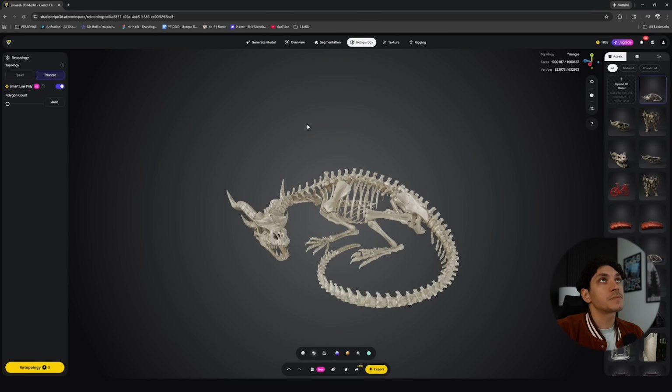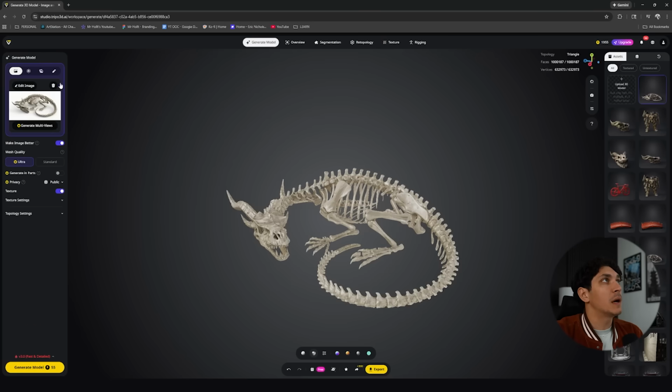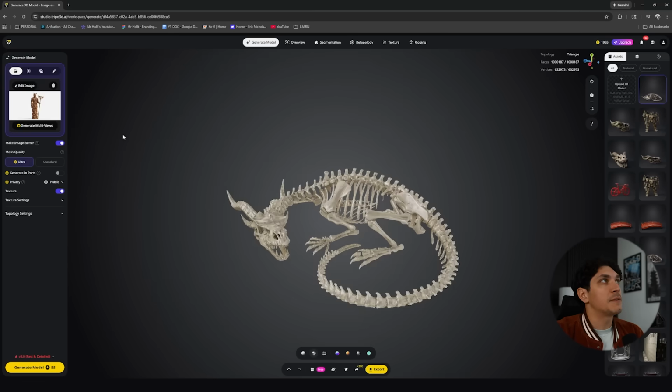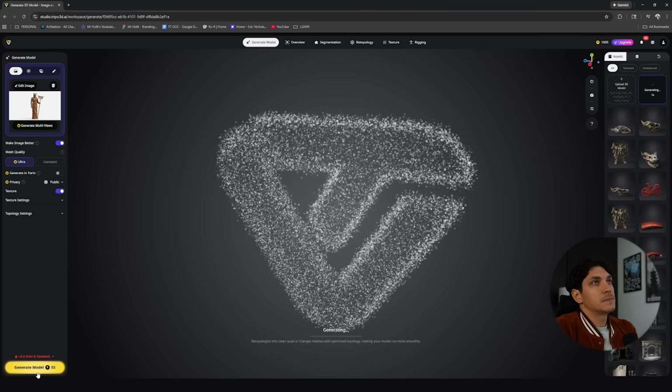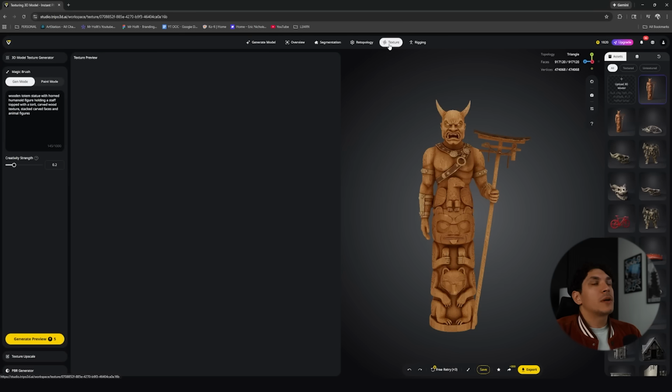static mesh. Now for texture, I actually want to bring in a new model so I can show you how that works as well. So I'm actually going to go back to generate model, get rid of this one. And now I'm going to bring in this kind of totem model that I have right here and generate this one. Okay, so now that our model is generated, I'm going to jump directly over to the texture tab, and this